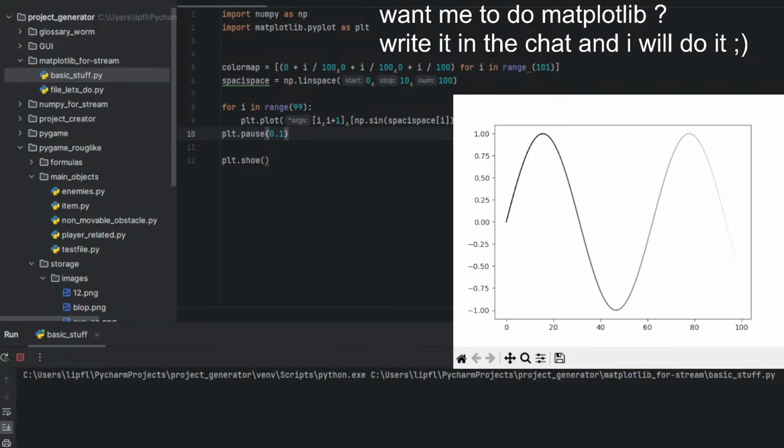I want to delete the previous one, so let me see, plt equals... plt.remove and plt.pause.